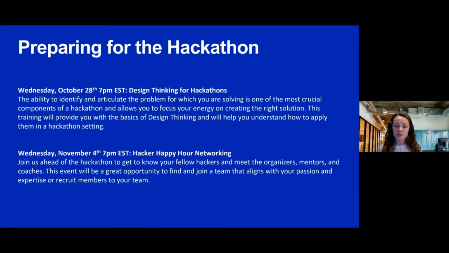Another one that I want to suggest, and probably a more fun one, is Wednesday, November 4th, 7 p.m. Eastern. This is just open networking, a happy hour. We call it Hacker Happy Hour Networking. It's where you can be super interactive. Maybe you meet the organizers, or meet people that could potentially be on your team. There's a ton of mentors from Microsoft that are there to coach you. So it's about getting to know everyone, maybe even brainstorming some ideas, whatever you need it to be during that session. That one's much more interactive and totally based on your own experience. The one on October 28th is more of a live event, a one-to-many type of presentation like what we're doing today.